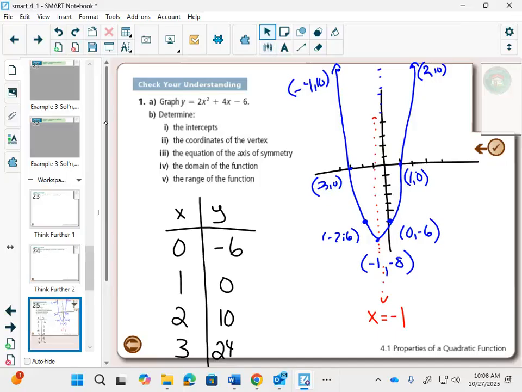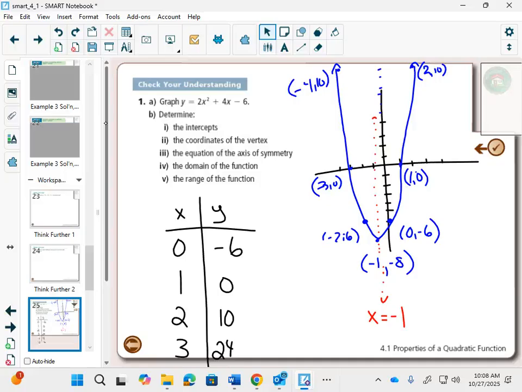We can draw our graph. Sometimes your axis of symmetry is going to be not at the perfect number. Like it might be at 2.5, and then you'd have to plug in 2.5 into the equation to actually find the vertex. That would be a little bit annoying because it's a decimal, but it could be done. So,